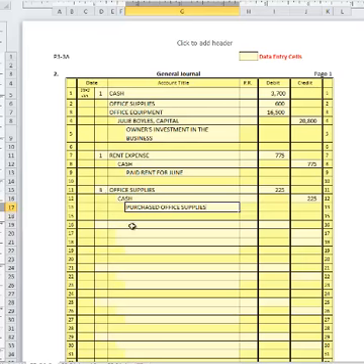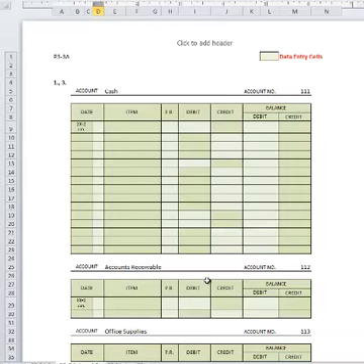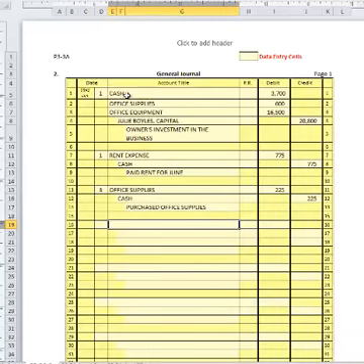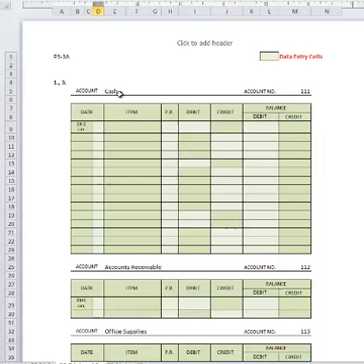Okay, we'll stop there with our transactions and we'll start to post some of these. So if you go back up to your journal, we're going to take it one account at a time and spread our posting over to the general ledger. Okay, the first account tells us that cash is debited for $3,700. So we're going to go over to the general ledger, find the cash account. We're going to enter the